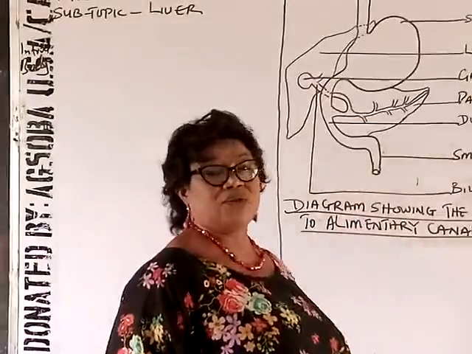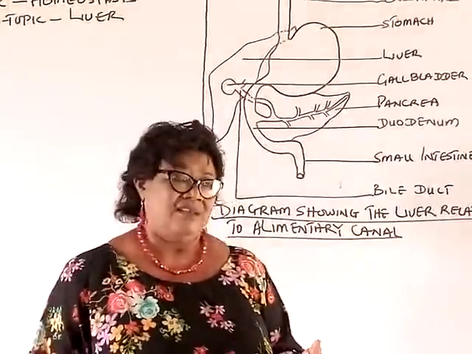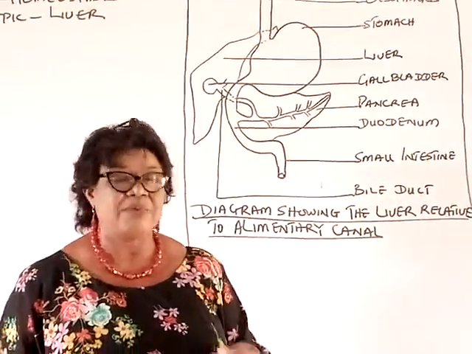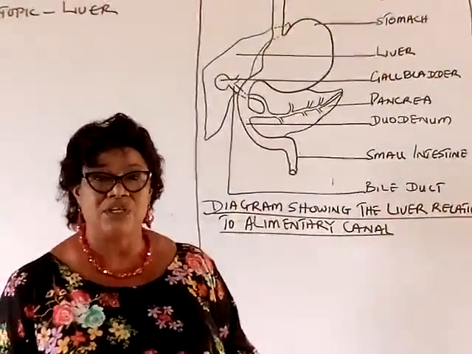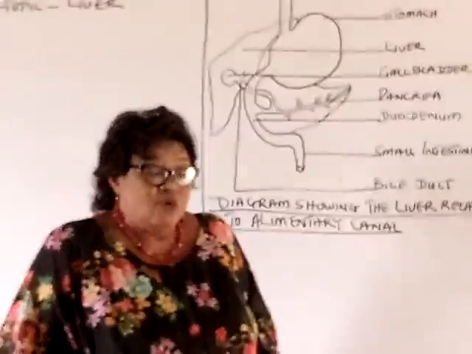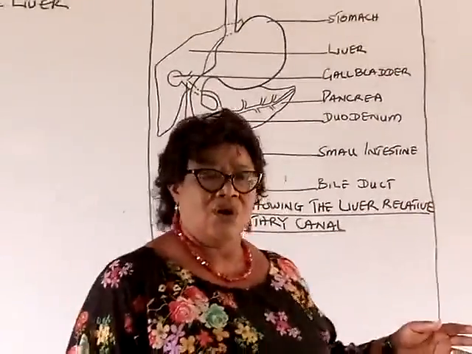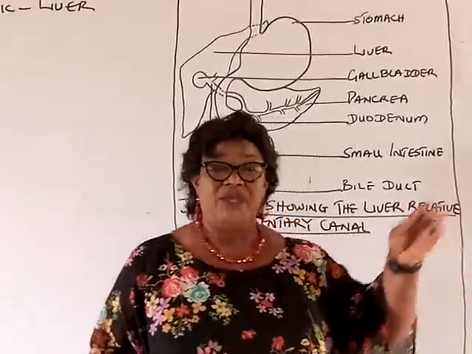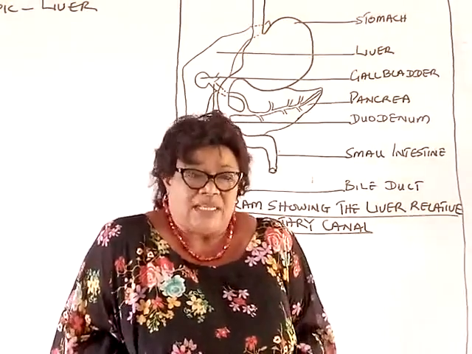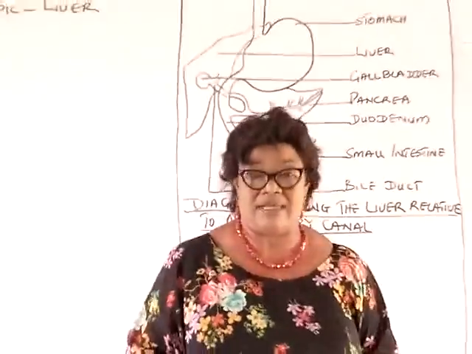Now, when we talk about the liver, we know that the liver is very soft, reddish brown in color, and plays an important role in homeostasis. It is found lying below the diaphragm. If you look at the structure of the respiratory system, you would have seen the diagram of the diaphragm. So we have the liver lying below the diaphragm and at the same time overlapping the stomach.